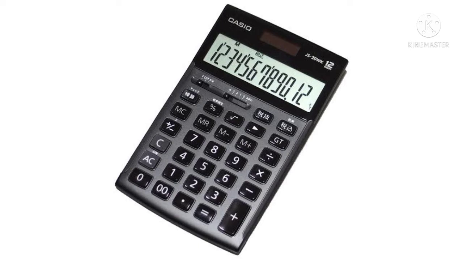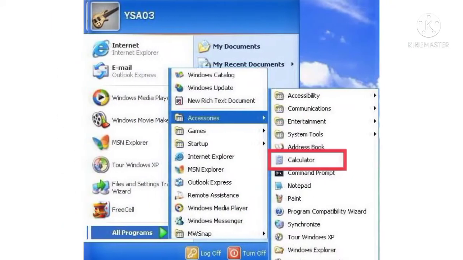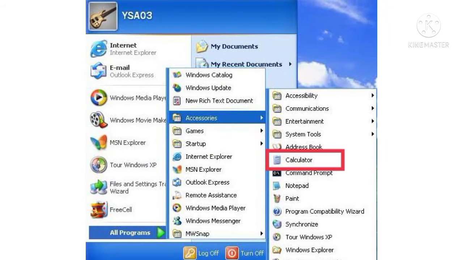It is used to do calculations like addition, subtraction, multiplication and division. It can also be used to perform more complex calculations. You will find the calculator in the accessories submenu of Windows 7.